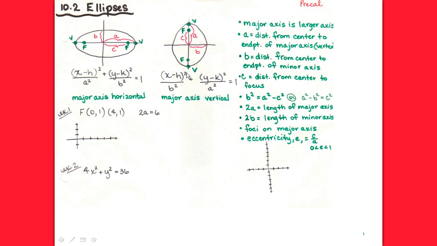And your eccentricity can be found by doing your C value divided by your A value. That will always give you a number between 0 and 1 for ellipses. Now,